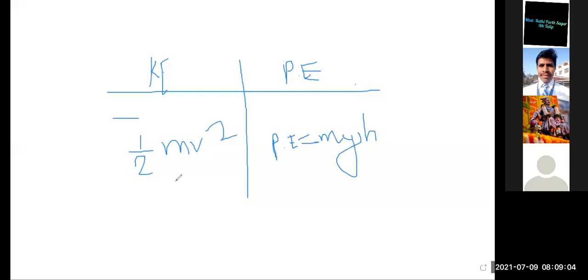And here you can write one example. For kinetic energy, a moving car is an example. For potential energy, a book kept on a table is an example. Did all of you understand? Yes, sir. Okay, can I take the next question? Or if you want the answer from your textbook, we'll see the textbook also. Don't worry about it.